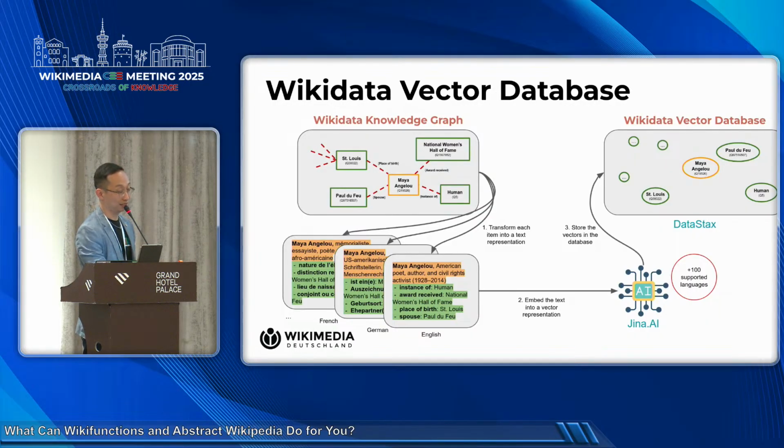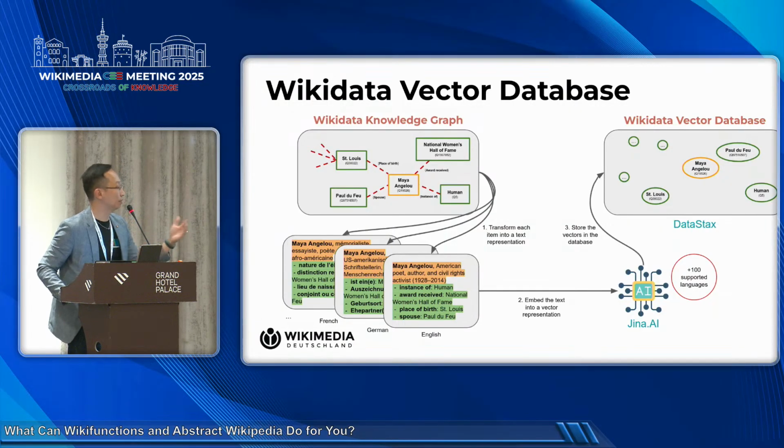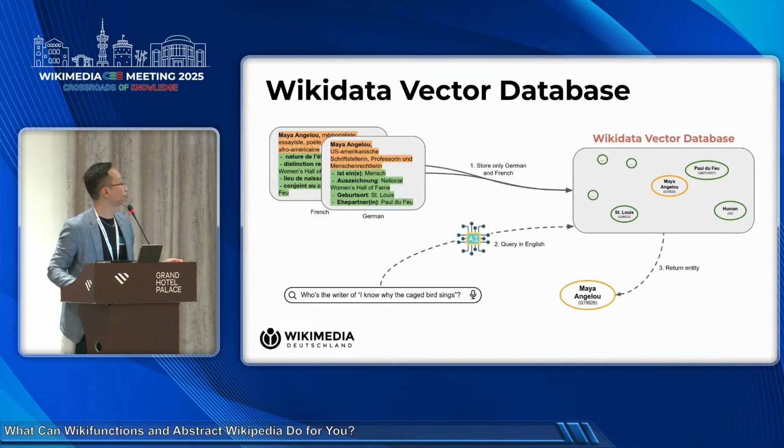And of course, the beauty of Wikidata and all Wikimedia projects is that it is multilingual, so we shouldn't forget that. We shouldn't only make queries in the English language, but also have the ability to make queries in multiple languages as well. And this is something that we're working on. The partners that we are working with, Jina AI, can support over 100 languages, and we are trying to see how we can work closer together with them on this.